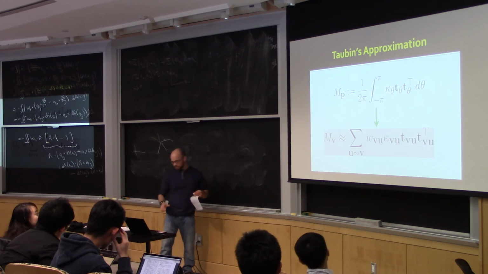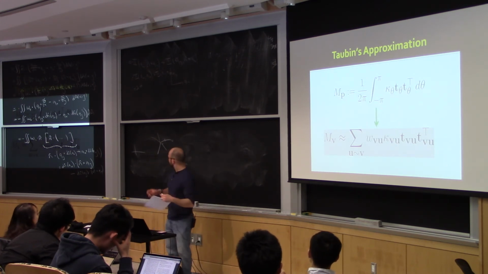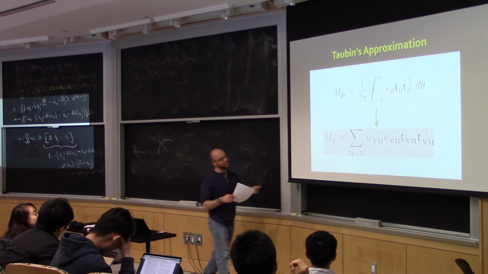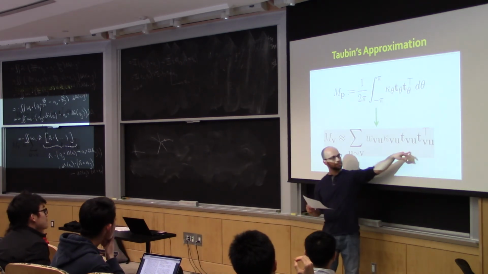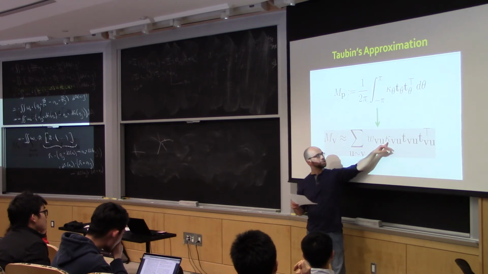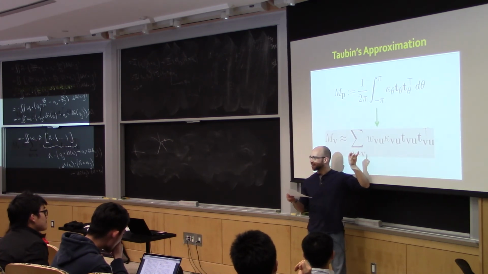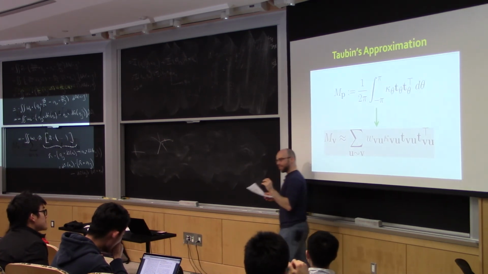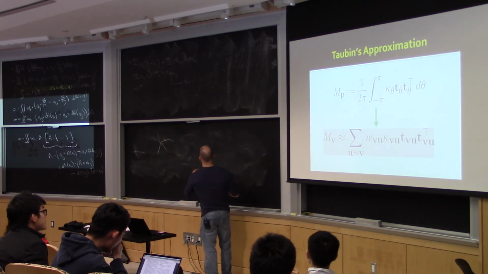Okay, and the question is, what ingredients do I need? Well, I've got the tangent directions, just the difference of these divided by their norm. So I need a curvature in that direction and a weight. Let's start with the curvature piece. This is not so bad. So, what do you think I'm going to do?